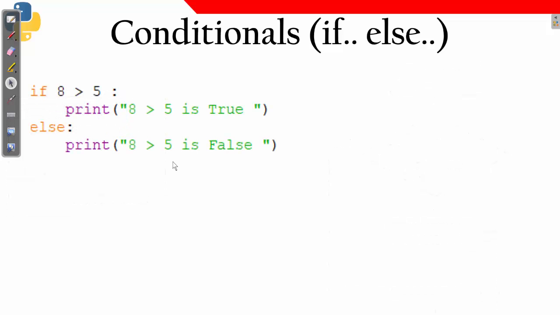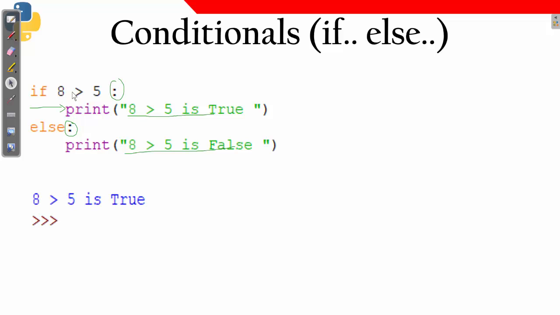I'll show you how. If I write if x = 8 is greater than 5, then I'll write this colon, and I'll give a tab over here, some space. If I press enter, sometimes it automatically takes the tab. Then I'll print 8 is greater than 5 is true. Otherwise I'll write else again, a colon will be there, and I'll write 8 greater than 5 is false. This is how I am going to write it out.